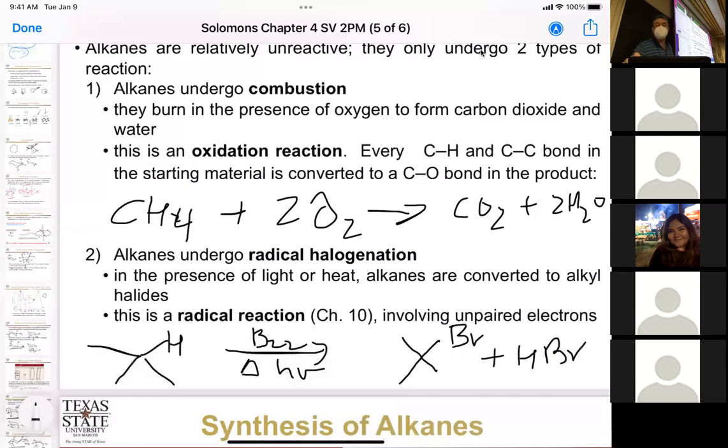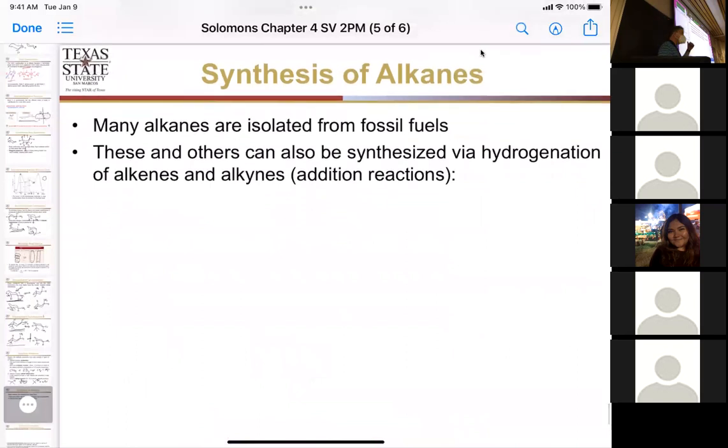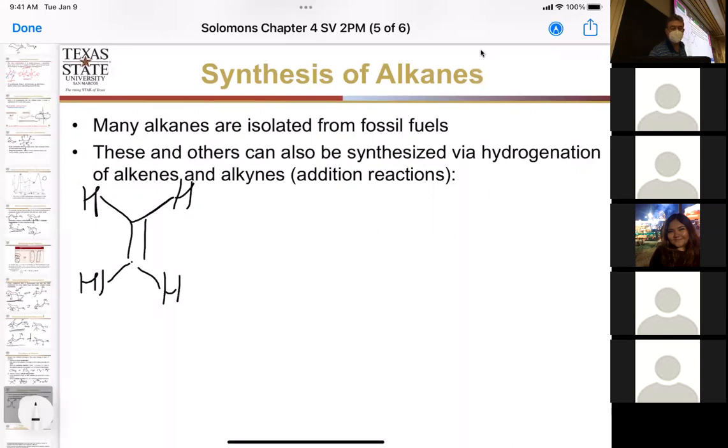Okay, how do we get to alkanes? Well, we typically synthesize alkanes from alkenes and alkynes. So if we have an alkene or an alkyne, we can do what's called a reduction. We're going to add hydrogen across a double bond. So let's draw an alkene and draw just hydrogens here. Okay, and I'm going to draw an alkyne, and it has 2 hydrogens on it